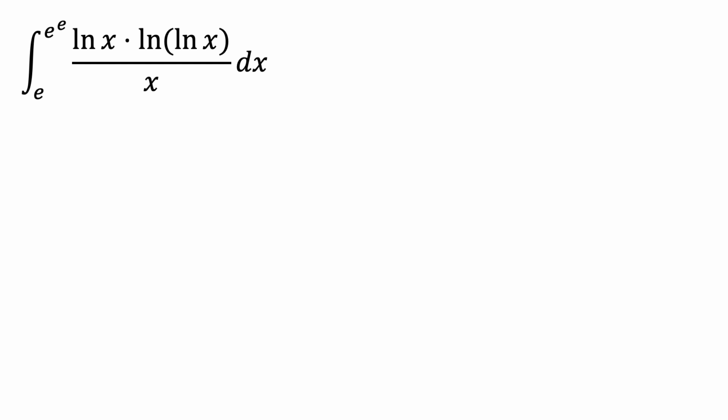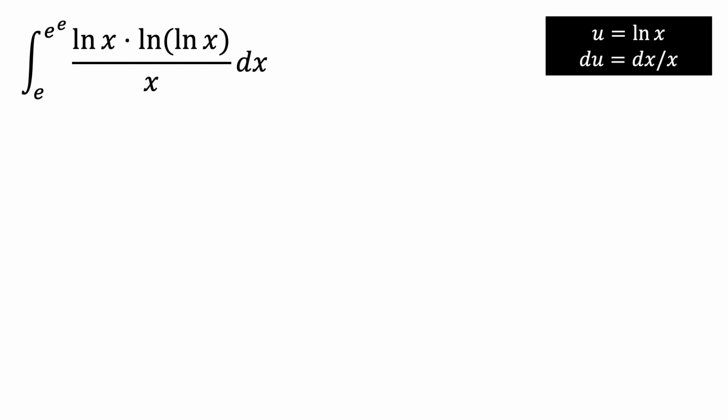Let's take a look at the third and final integral in this video. This will be the integral from e to the power of e of the natural log of x times the natural log of the natural log of x over x with respect to x. Once again, I will begin this by doing a u-substitution. U will be equal to the natural log of x, which implies that du is equal to 1 over x dx. I can carry out this u substitution and get the integral of u times the natural log of u